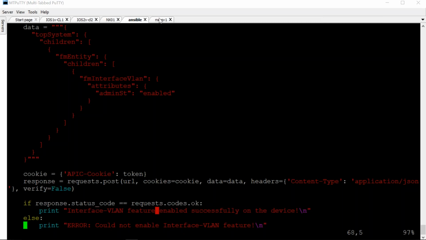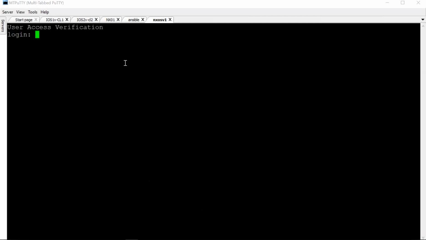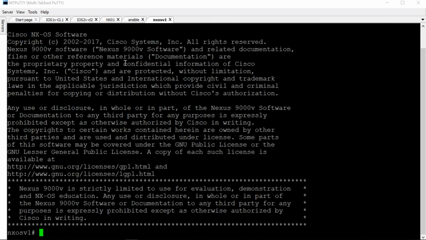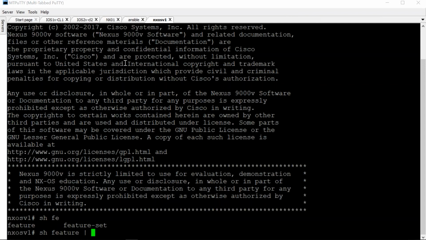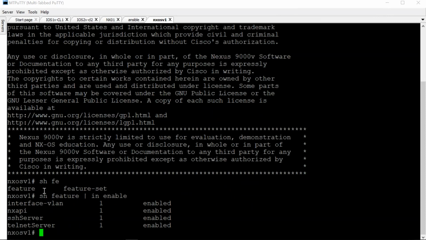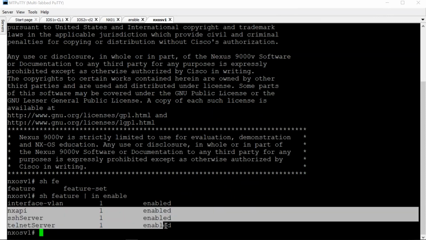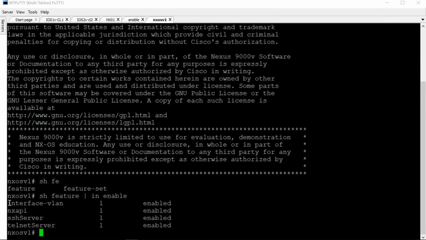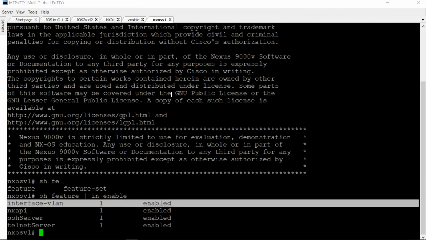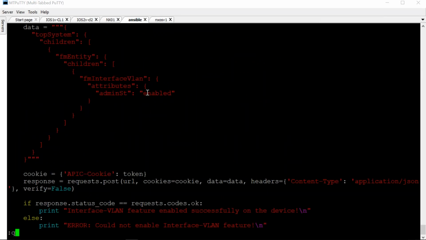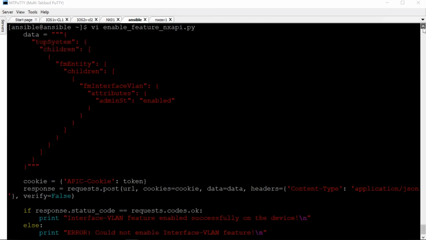Correct? So now what I can do here, I can go to the Nexus box. Let me log in here. By CLI, I can check show run, and I can do show feature and include enable, because remember last time what was enabled? Last time we enabled NXAPI. Now we have successfully enabled the interface VLAN from the NXAPI, and this is one type of